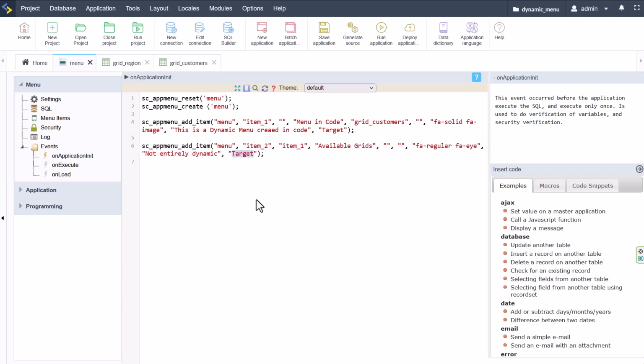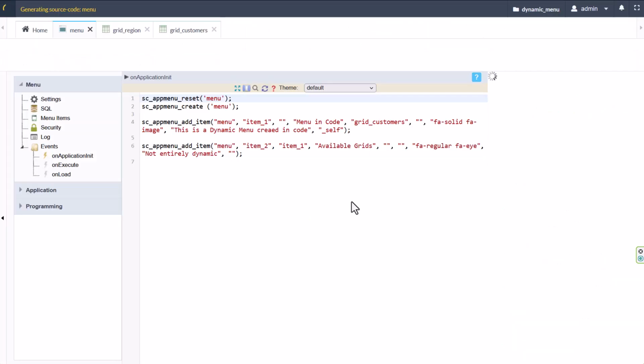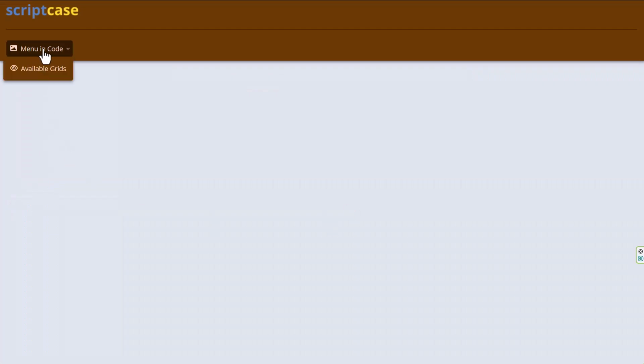And with that, we can then also set here the target, which for this one here, we do not need. But for this one here, we would maybe want to indicate self, because there we can then say self or blank or maybe even parent, and define exactly where you want that window to be opened. Okay, so if I run that again now, we have then here our menu items, and we have then also